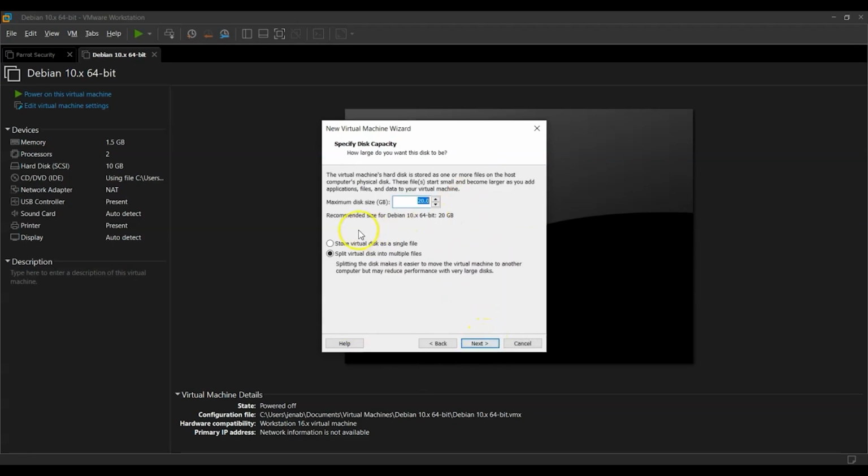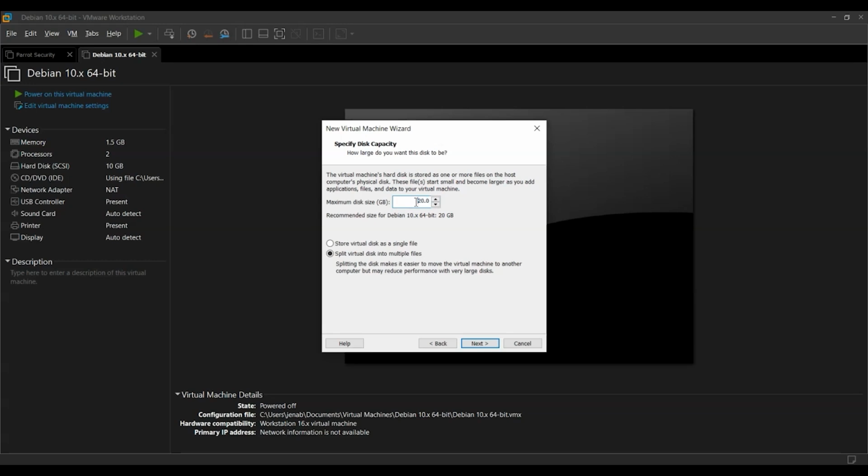When we go next, we are asked about the disk capacity. This disk capacity will be all the storage that will be provided to your virtual machine of Kali Linux. Think of your Windows device. If you have a 1 terabyte hard drive, you have the entirety of the hard disk to store data on. How much data you give here, you can only store up to that amount of data. Not to mention some amount of capacity will be taken up by the operating system itself to store its programs